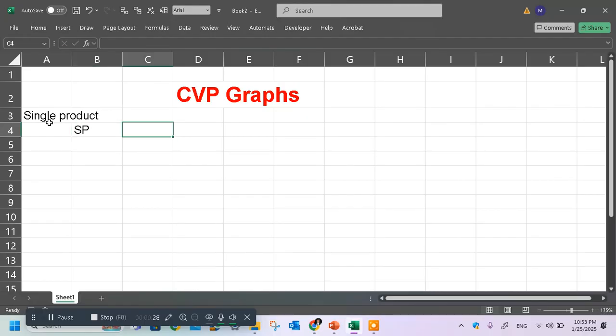selling price $10, variable cost per unit $4, fixed cost total $10,000. So one of the popular graphs you draw is the traditional break-even chart. How we draw the traditional break-even chart is